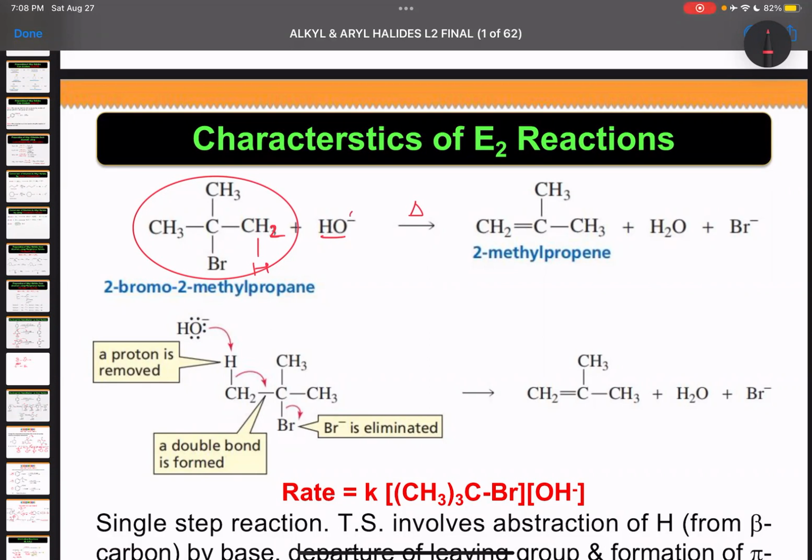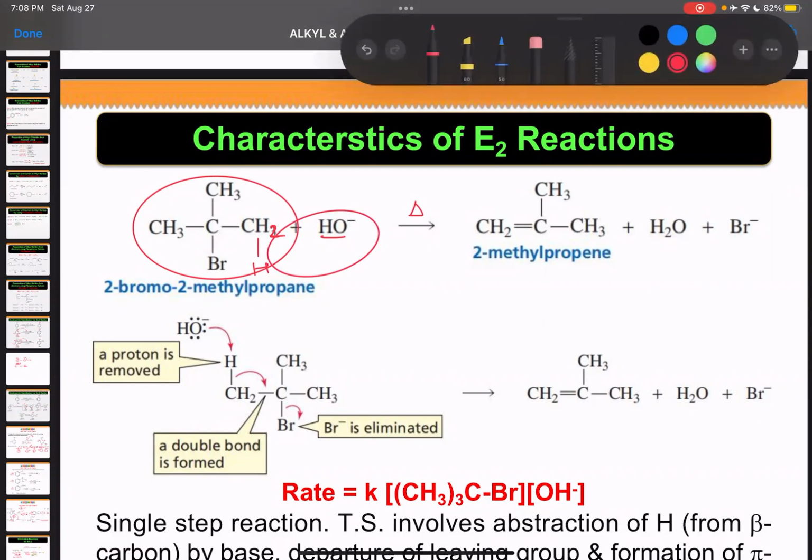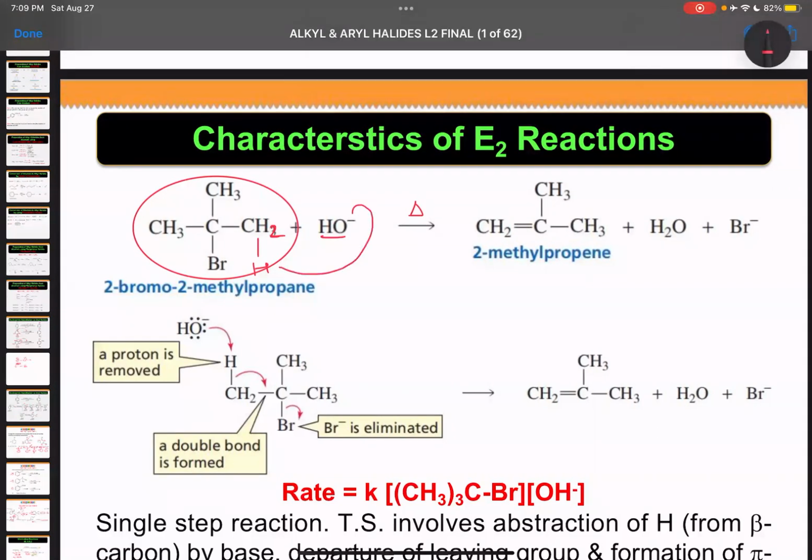The base is going to come and abstract the H plus. It will come and take away the H plus, and the electron will come like this and the Br will